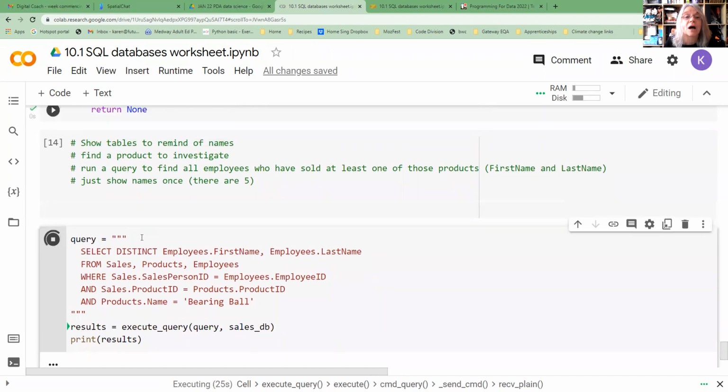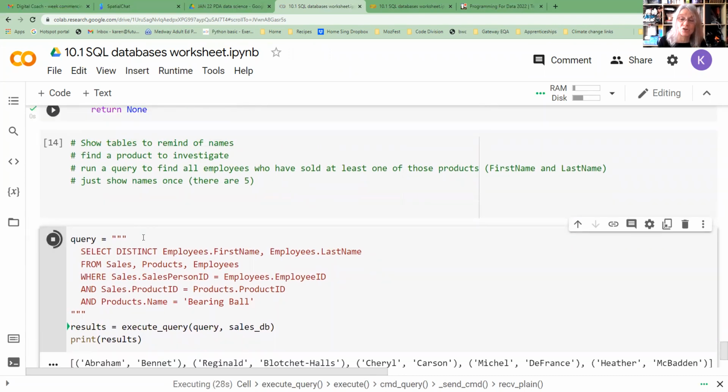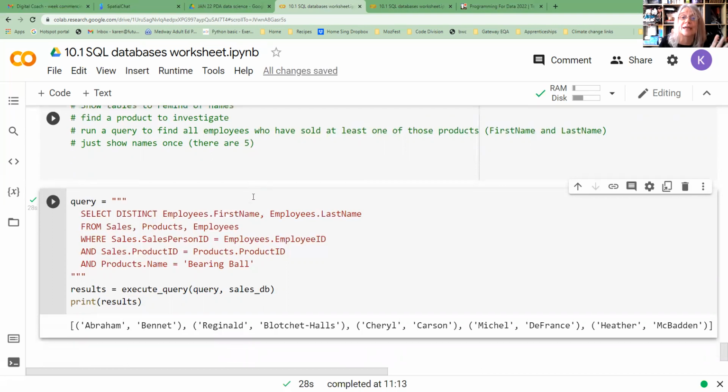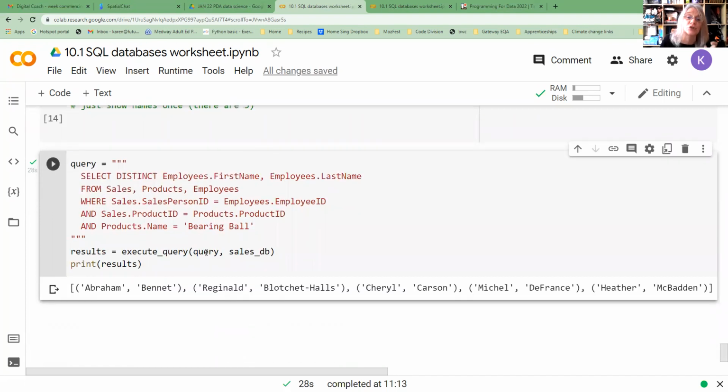So just to recap what we've done, we started off just to make sure that the tables had the names that we thought they should have. We've shown the tables. We've then had a look at the list of products using select name from products to see what we want to look for. We then run a query to find all of the employees who sold one of those products, and we've now just narrowed that down to individual names. So we're not interested in how many times they've sold it, we're just interested if they've sold it at least once. And when we get to this stage, we've got 5 people,